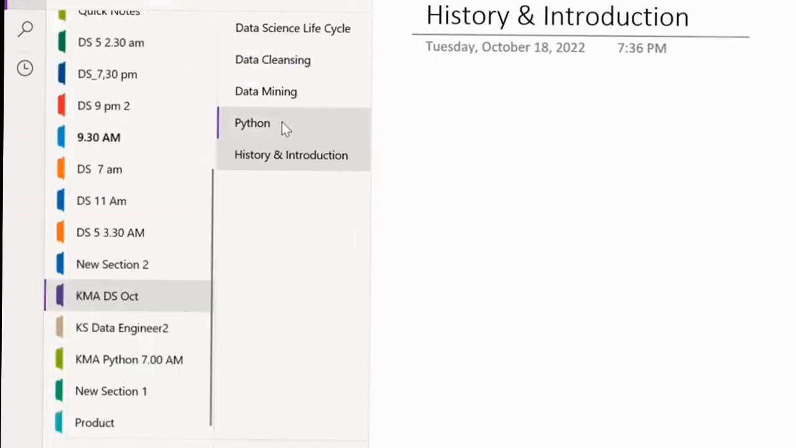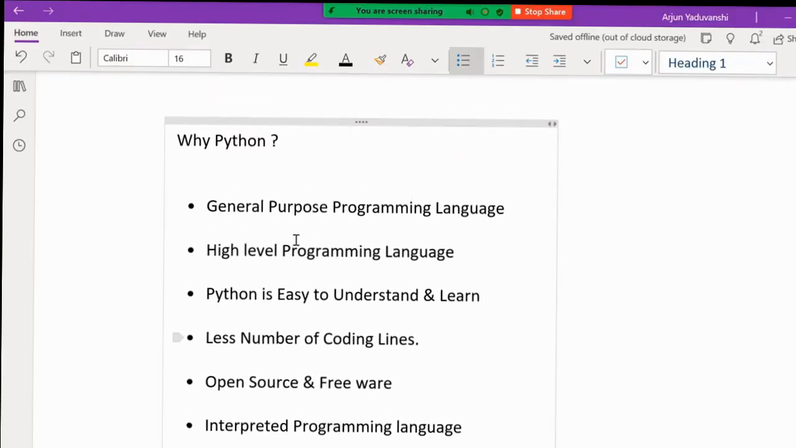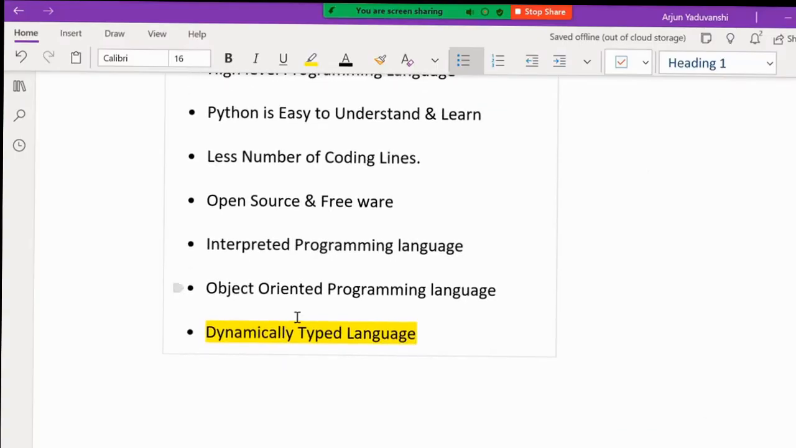History and other introduction. Okay. Now here we have seen all these things. I will just copy them. Here you can see that it is a general purpose programming language, and all these things. Now, what is dynamically typed? See, what happens is,